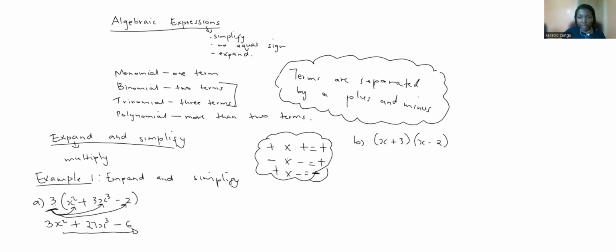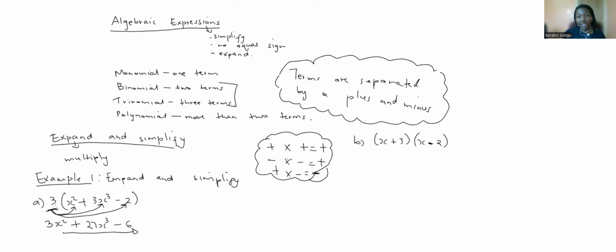Why are we saying it's a binomial by a binomial? Because in this bracket you have two terms, right? I just explained that terms are separated by a plus and a minus, meaning that x and 3 are separated by a plus. So this makes it two terms. Same thing applies here. This one is separated by a negative, meaning x is term number 1 and 2 is term number 2. So the multiplication of binomial by binomial has two methods. The first method is called